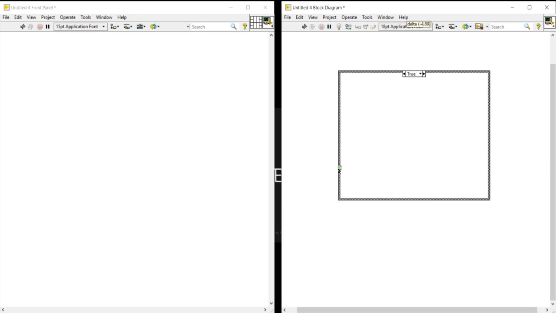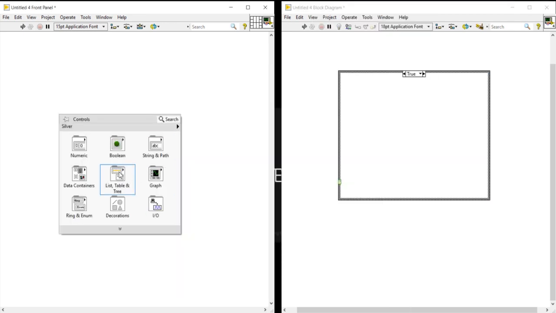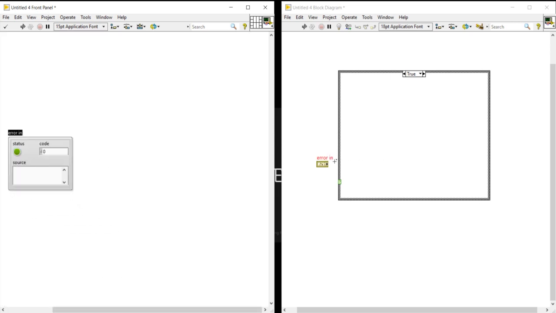Okay, so here I will take one error function, error control. I will pass this error here like this, and I will come into the error also. I will pass the error like this. Now in no error,